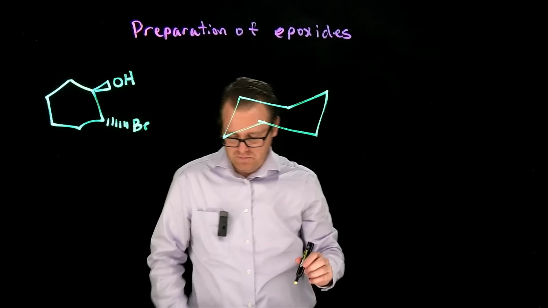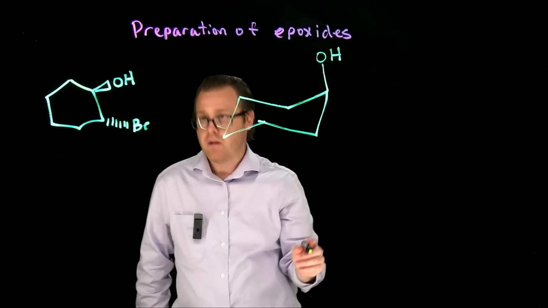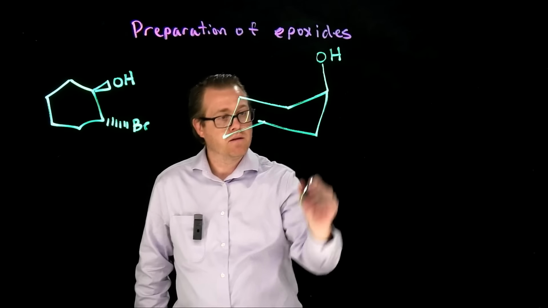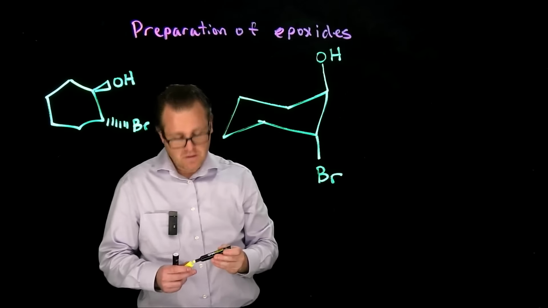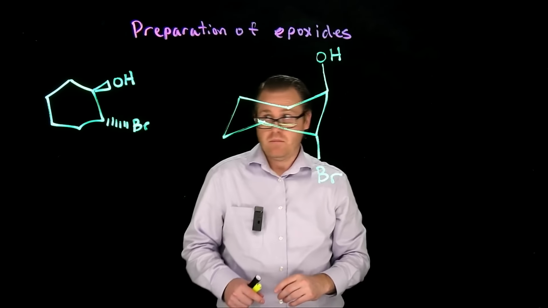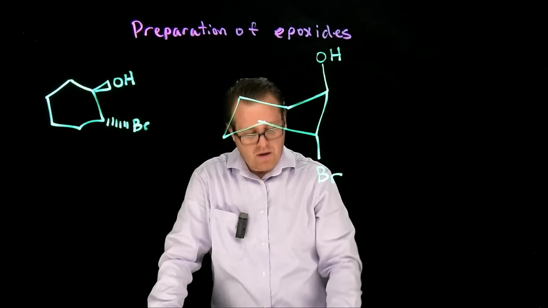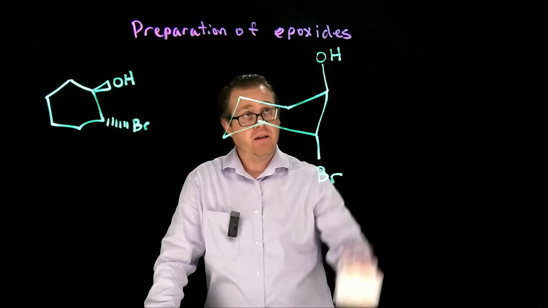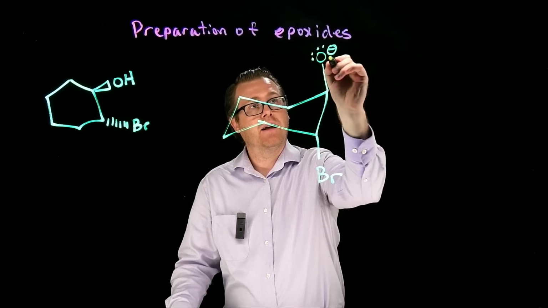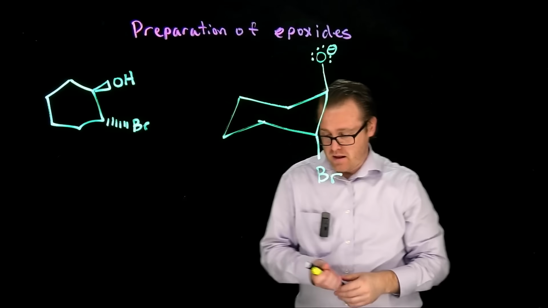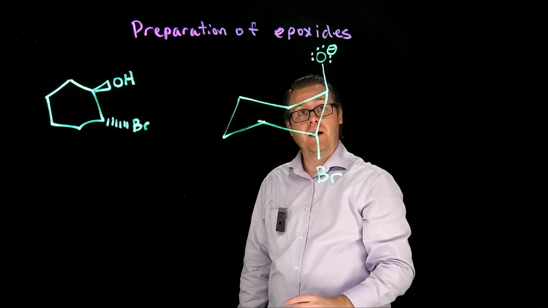Like that. Right there. Those are on opposite sides. Like so. Okay, so this is that. Now, when we add the sodium hydroxide, we're going to deprotonate that, turn that into the alkoxide, right? So this is on the top side of the ring, that's on the bottom side of the ring. And so